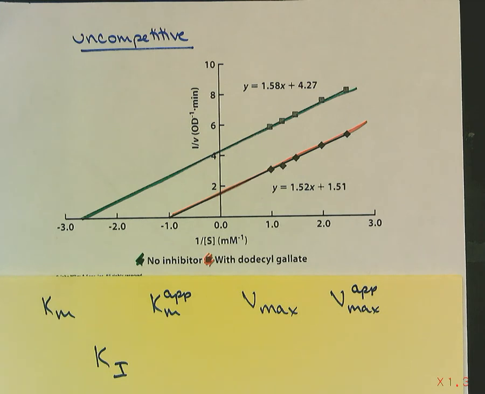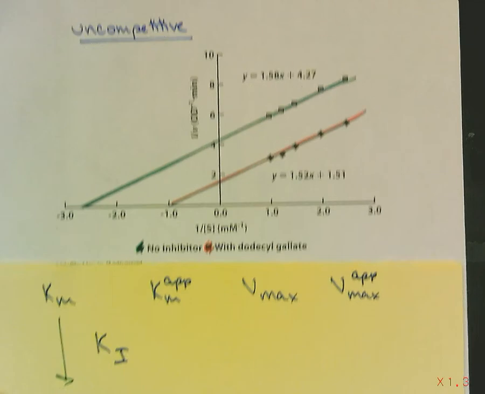So, we said that the Km is on the x-axis. Which color, the green or the red, tells me regular old Km? It's a little hard to tell. No inhibitor is green, with inhibitor is red. I guess these aren't showing us real well. Green. So Km is calculated from